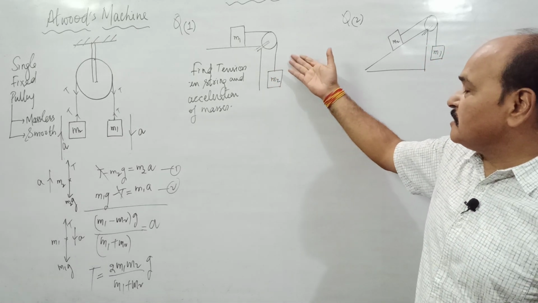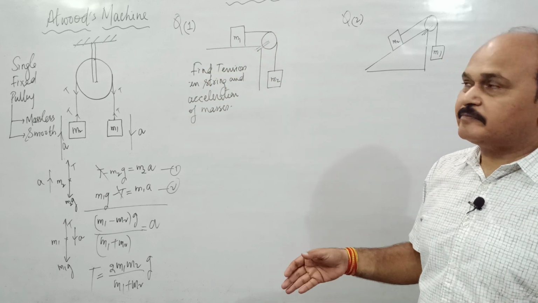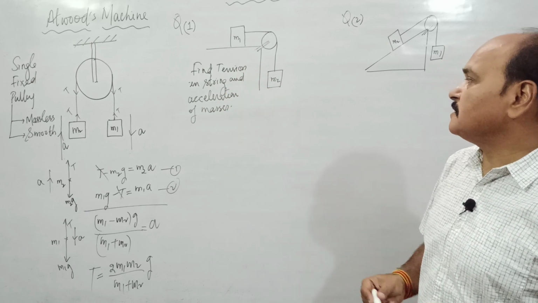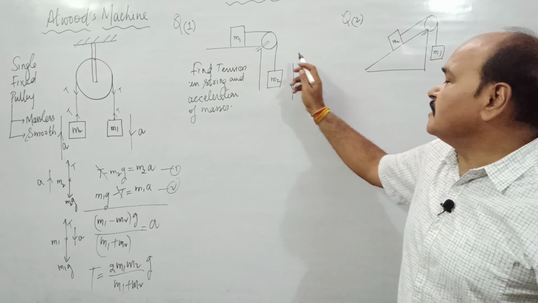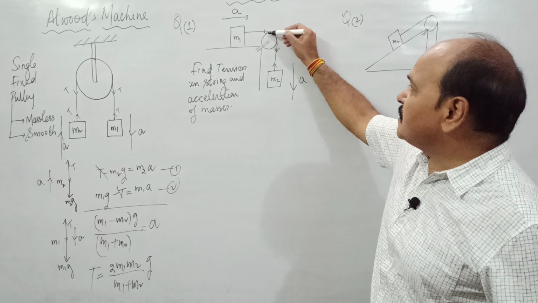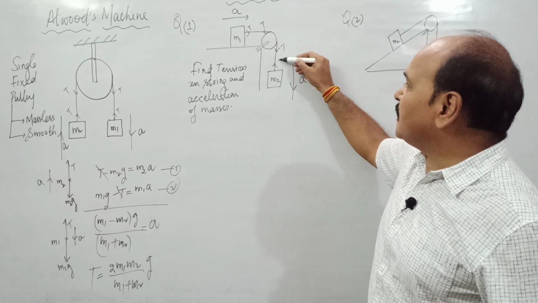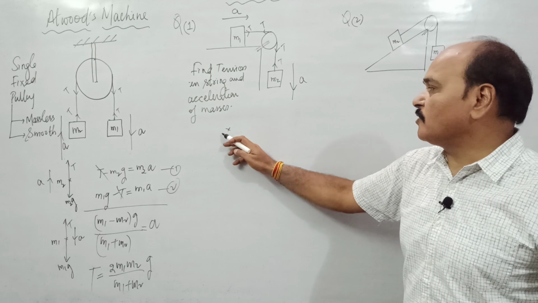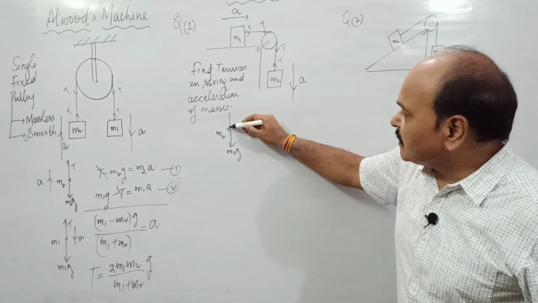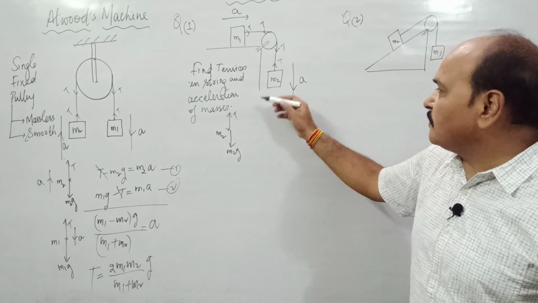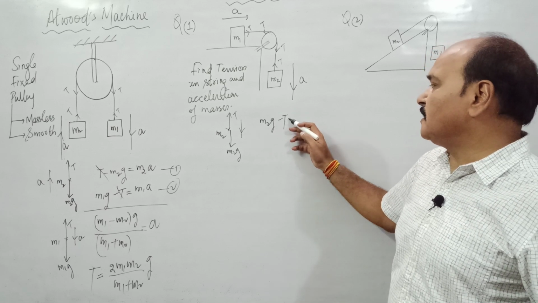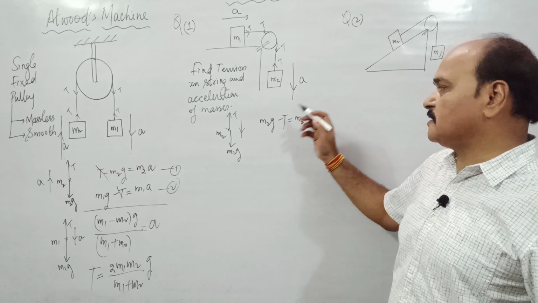Here, see, this question is a combination of horizontal as well as vertical motion. This surface is smooth. So find the tension and acceleration of the masses. If this mass is going to move down with acceleration A, this mass is going to move right with the acceleration A. Tension in the string is as usual away from the mass, away from the pulley, T. Now the free body diagram of this mass M2: its weight acts in the downward direction, and the other force acting is T. In spite of these two forces, it is moving down, so the net force is M2G minus T, and that is equal to mass of the body into its acceleration.